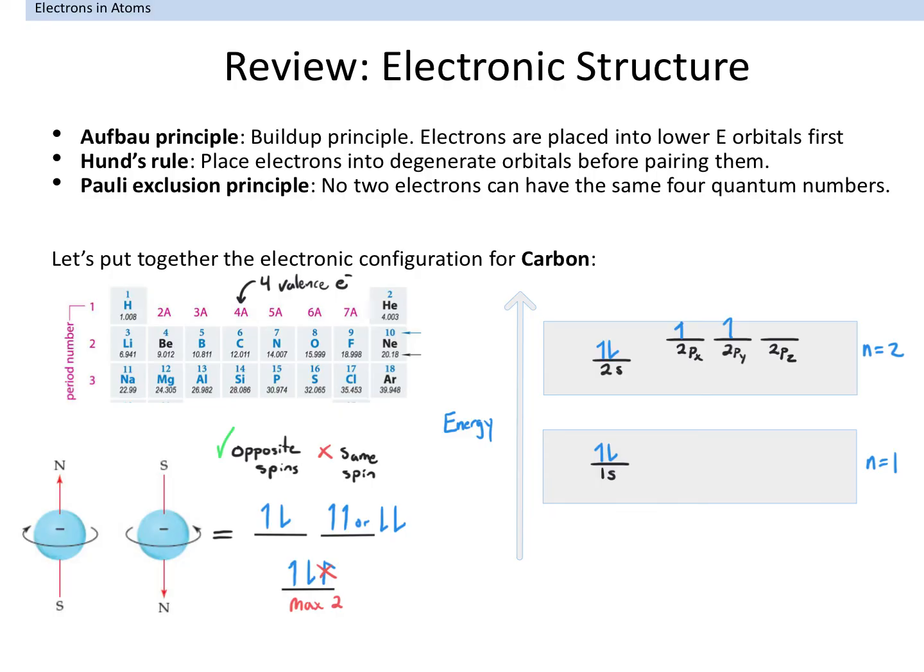Now if we take a look at what we have constructed here, we notice that the second shell, which is the valence shell for carbon, has 4 valence electrons. This matches what we predicted, using the group number from the periodic table. Note that 2 of the valence electrons are paired, and 2 are unpaired. We are going to see, in part 2 of this lesson, that this electron configuration diagram needs one additional